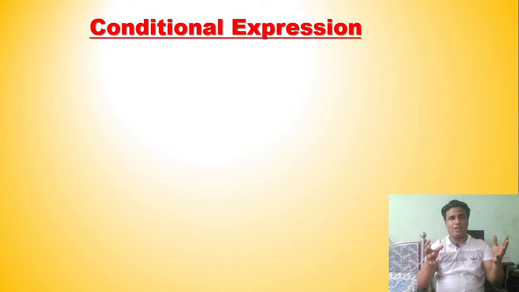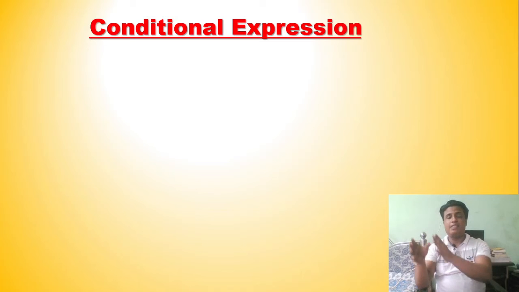Let me give you a real-world example. Suppose A is taller than B, and A is taller than C, then A will be the tallest person. In a similar manner, you can see in my statement that there are two expressions: if A is greater than B, and if A is greater than C. Since there are three persons, we conclude that A is greater than both B and C. Hence A is the tallest one. So this is the conditional one; according to the condition, our expression is written.